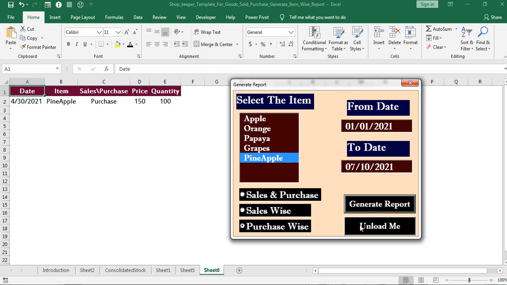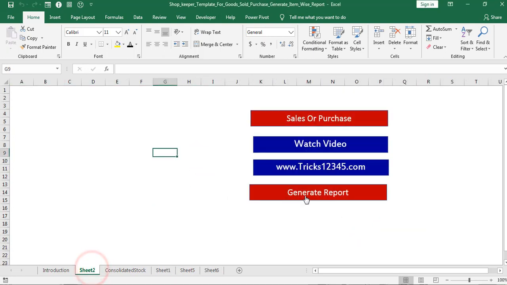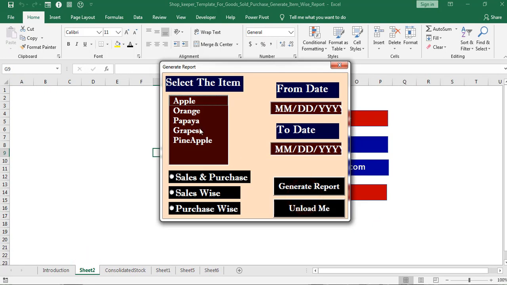Click on unload me. Click on generate report. Select grapes. Here I am going to extract the records between the dates of January 1, 2020 to January 6, 2020 for the item grapes.